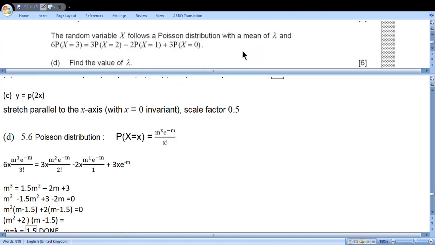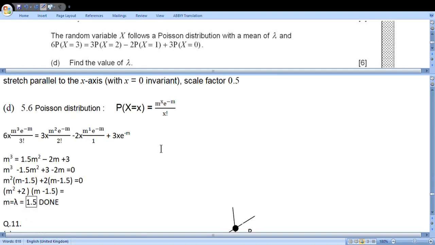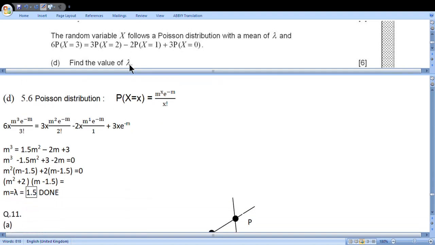The random variable X follows a Poisson distribution with mean of lambda and this equation. Find the value of lambda. They use lambda; in the booklet we have m. So we have section 5.6, Poisson distribution formula. We substitute all values